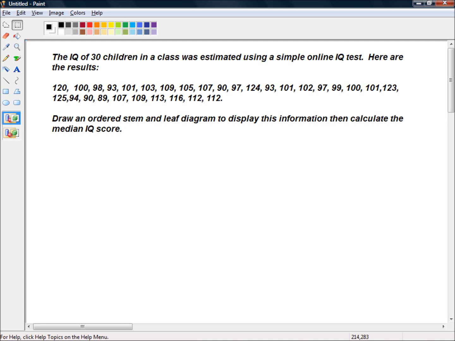So we're given a question. The IQ of 30 children in a class was estimated using a simple online IQ test. Here are the results. Draw an ordered stem and leaf diagram to display this information, then calculate the median IQ score. So if I'm working on pen and paper, the way I'd do it is I'd sketch one out roughly first,